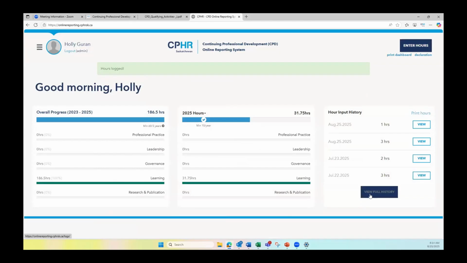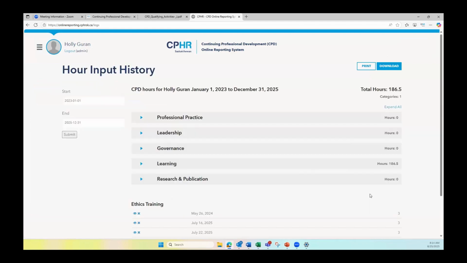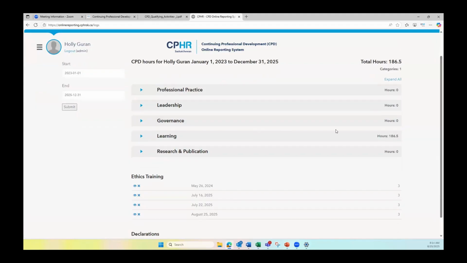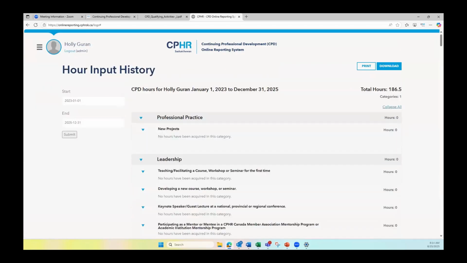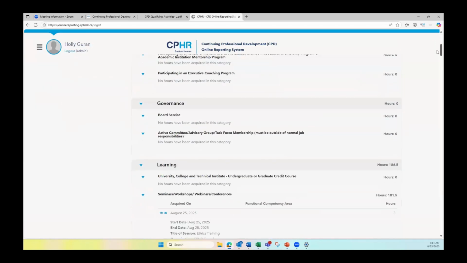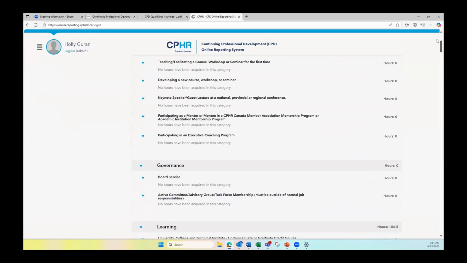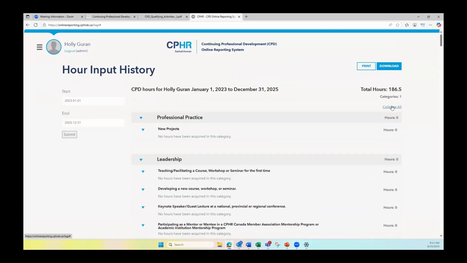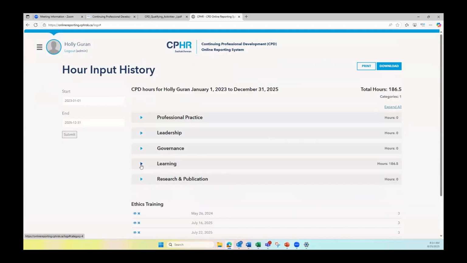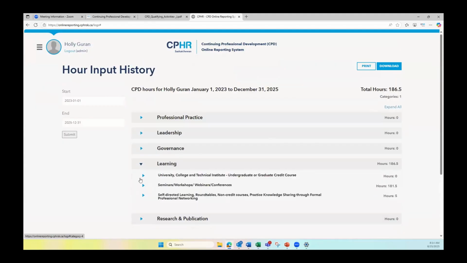I'm going to go to view full history. I'm going to show you how to edit or delete an entry. So let's say it was my last entry. When you get here, you can either click on expand all and scroll down to where you want, or you can collapse it and say, I just want to go to learning because that was my last entry.